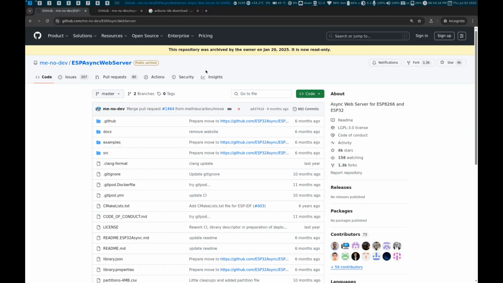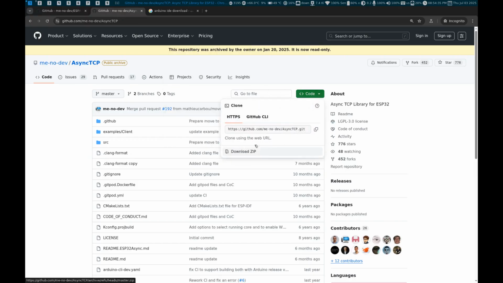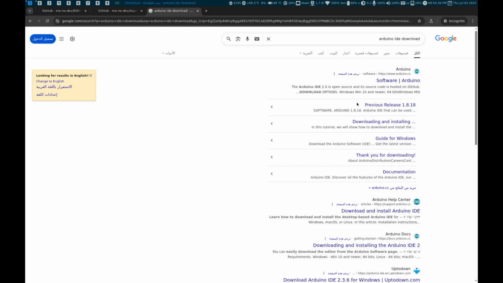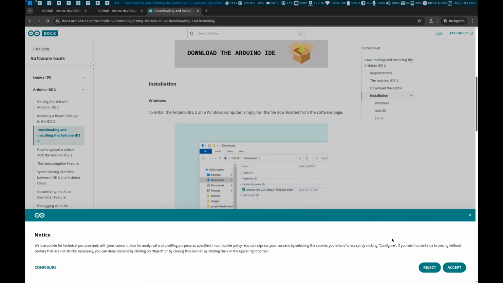Okay, we need to upload the code now to our board, but before that we need 2 libraries to be installed: ESP async web server and async TCP. We can download them as zip, and also we need the Arduino IDE. If you don't have it, you can download it from here. In my case, I'm using Linux,